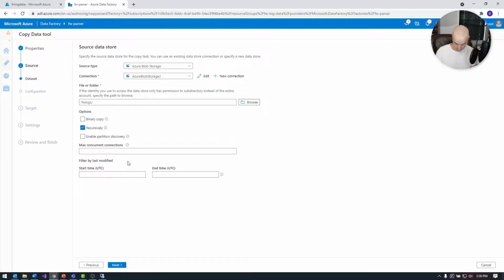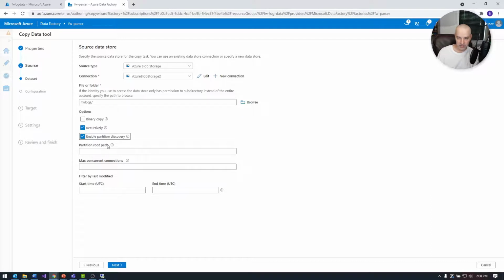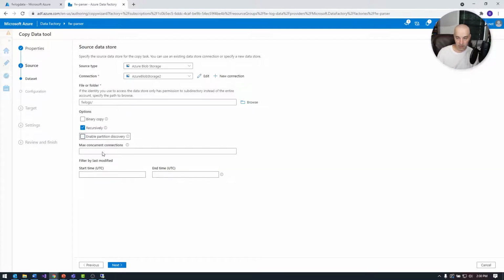Now, there's some things I can do with filter data based on last modified date and time. And I can parameterize this. For this particular example, I'm not going to get into that. We'll talk about some of that in other future videos because this syntax can be a little bit quirky right here. I'm not a big fan of it, but in any case, you can set this up, do it recursively, and you can then enable partition discovery if you want, or not. That's up to you. I'm just going to leave it as recursive, and then I'm going to hit next,